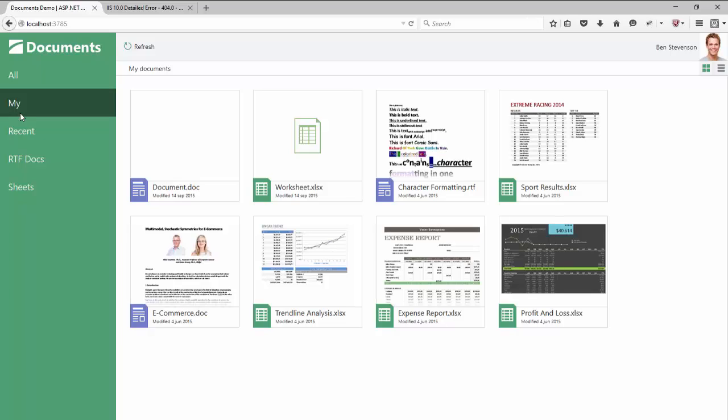So what we now have is that we have switched over the file system provider to a searchable file system provider, which will not do the folders and the subfolders anymore, but it will just display all my files in the entire file system. And to get back to the slide deck,